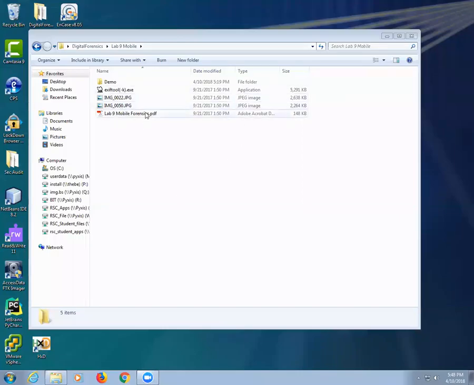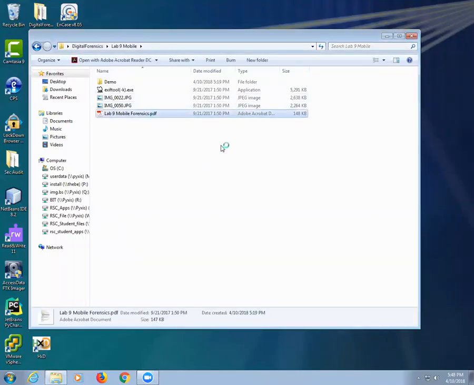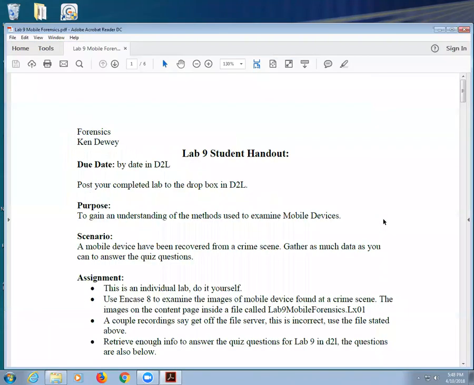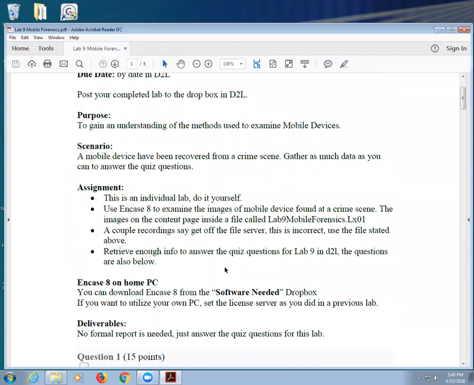Okay, now let's talk about Lab 9. Lab 9, for a normal person, can be solved probably within about 2 hours. For all but 3 of you, give it a week. A whole week? All right.